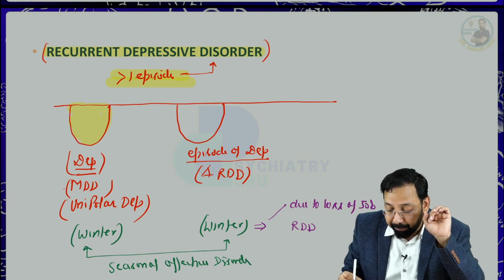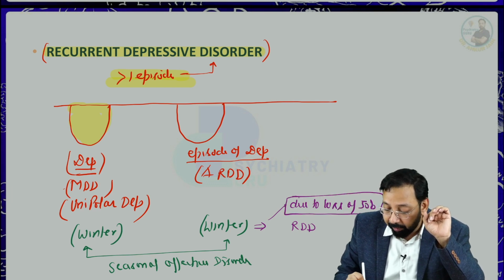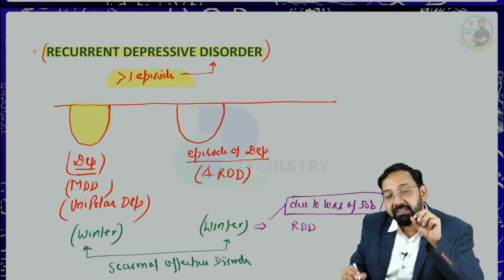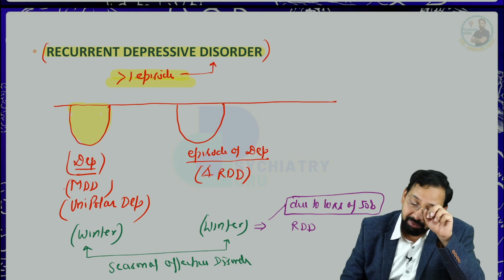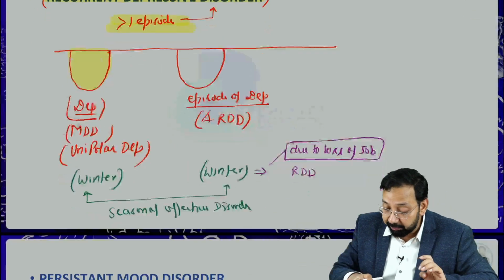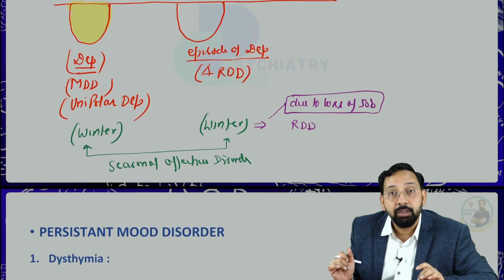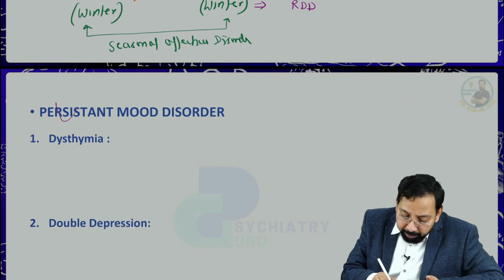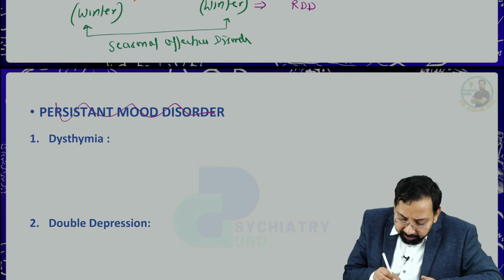So this is an important and nice question. If they ask that depression is occurring again and again and they give that this is due to winter, that is seasonal affective disorder, but if in winter every time it occurs due to loss of job, then it would become recurrent depressive disorder. Now, persistent mood disorder, even if you don't remember this name, it's okay, but dysthymia you will